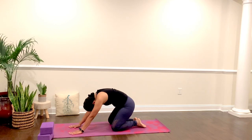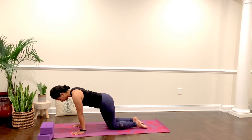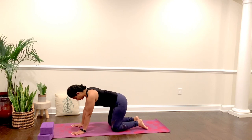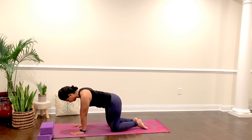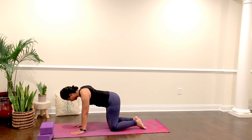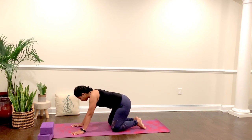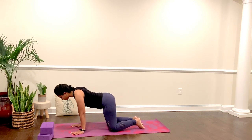And we're going to move our body weight to tabletop position. Now you're going to shift your weight front and back and side to side. Do it at your own pace just to loosen your wrist, shoulder and elbow joints to prepare for upcoming asanas. Rock front and back, do a mini circle. Take any organic movements that you would like to take at this point, just to warm up your wrists,